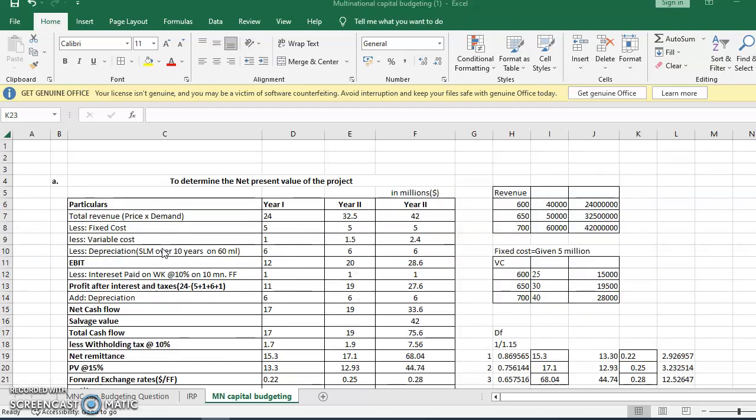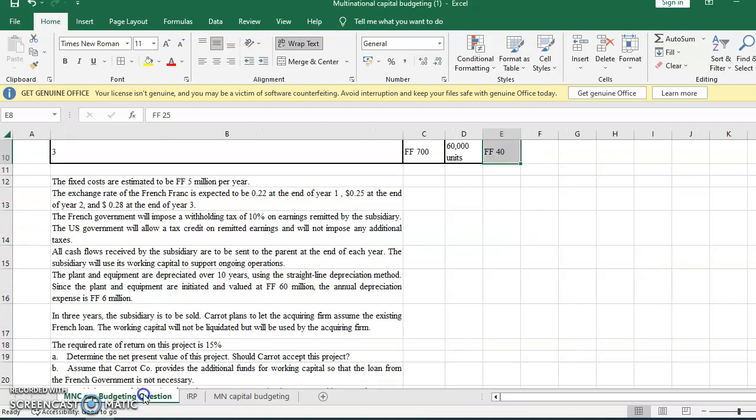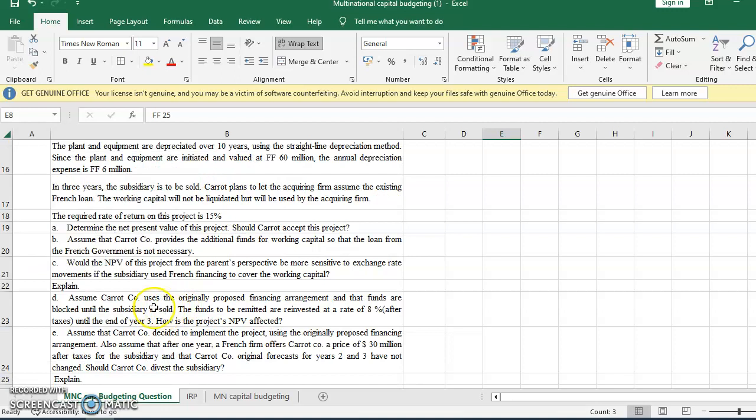Students, welcome to my class, and as I said, I'm just giving the solution to the multinational capital budgeting question that I passed to you in the previous video. The first question that is asked here is, they've asked you to determine the net present value of this project and should the company accept